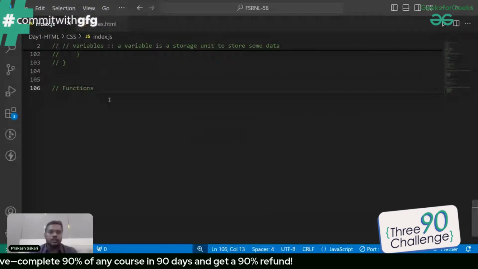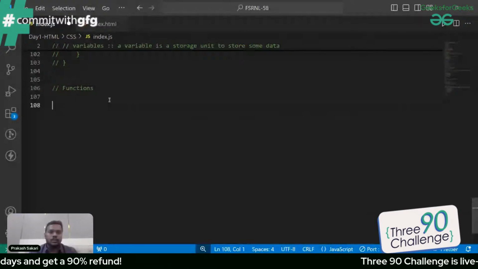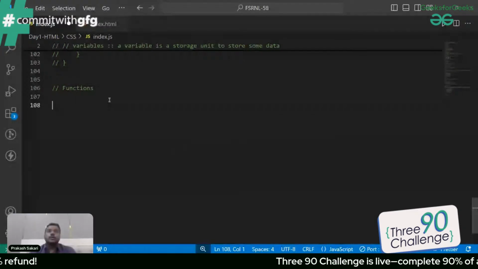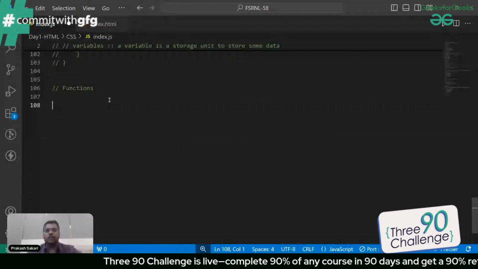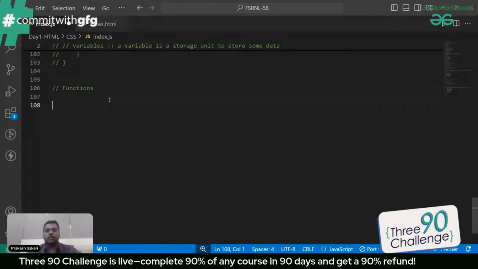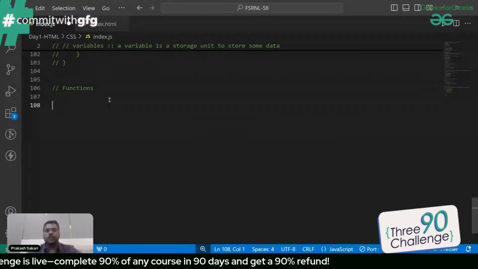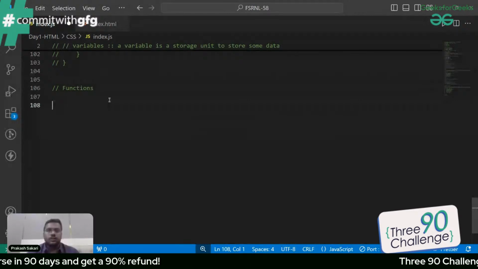So what is a function? Functions are always called the heart of any programming language. Okay, functions are called what? The heart of any programming language. What is a function? A function is a very useful thing. We basically use functions in order to write code which is going to be used multiple times in our